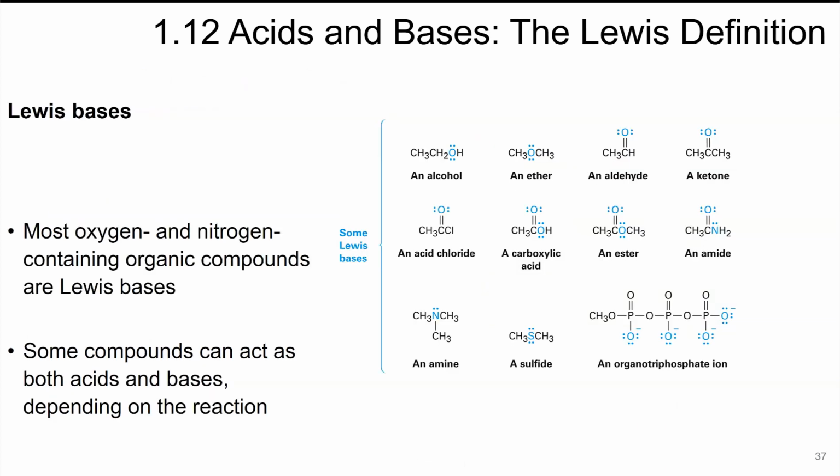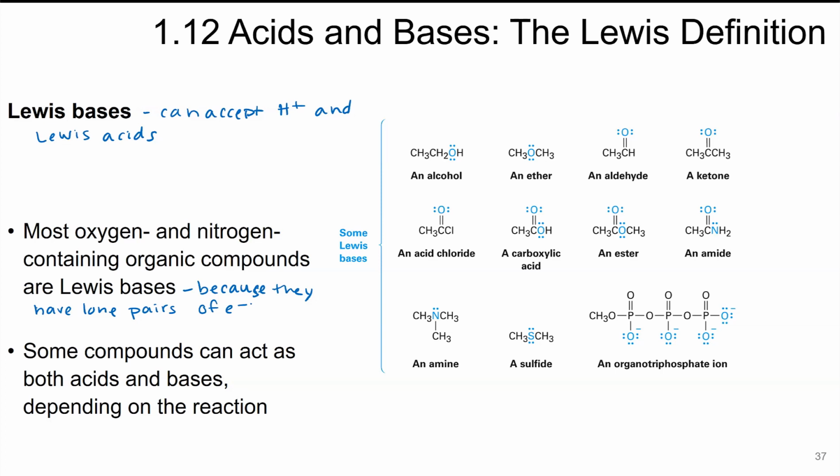So Lewis bases can accept protons as well as Lewis acids. Most oxygen and nitrogen compounds are Lewis bases because they have lone pairs of electrons. Some acids can act as both depending on the reaction. So we can see here some examples of Lewis bases. Alcohols, ethers, aldehydes, these all have the electron lone pairs. The sulfur as well, nitrogens, and then we can see phosphorus or this phosphate compound because of the oxygen lone